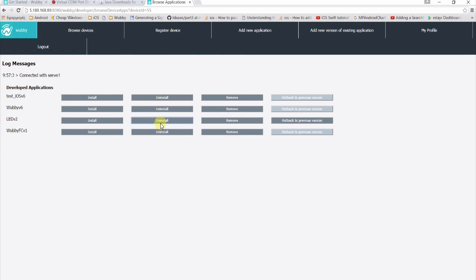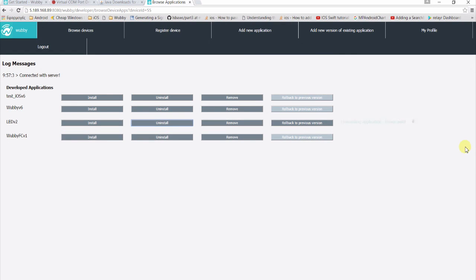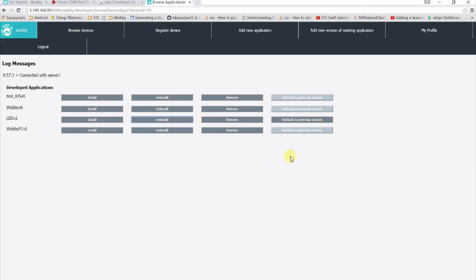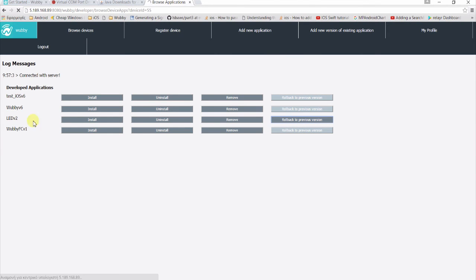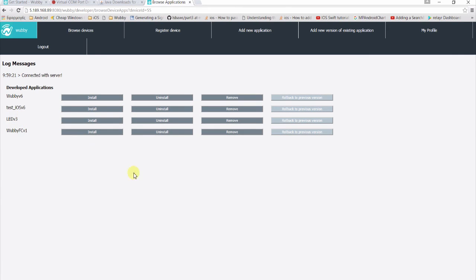It's also possible to uninstall an application from the device, roll back the application to a previous version, or completely remove the application from the cloud.